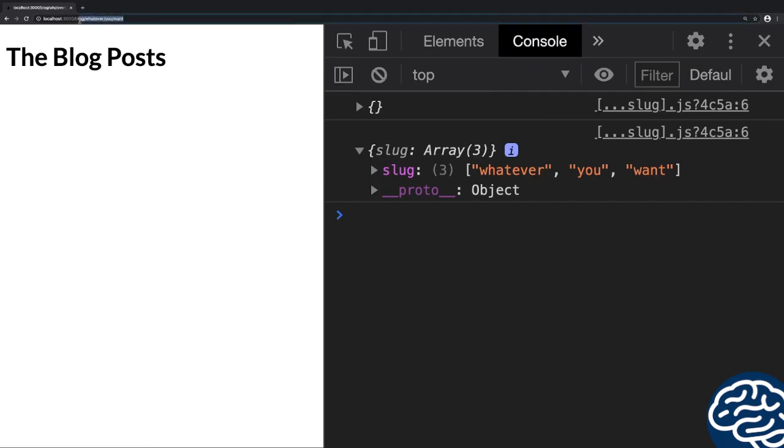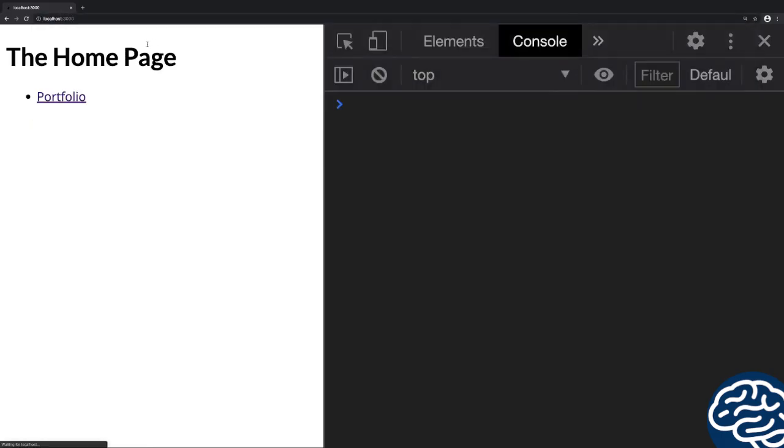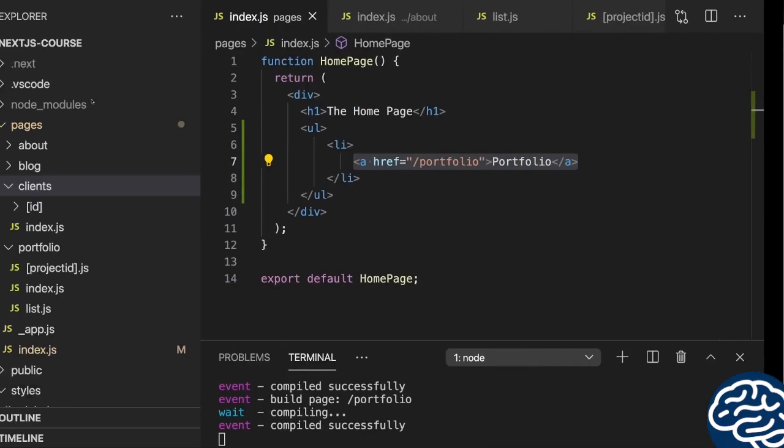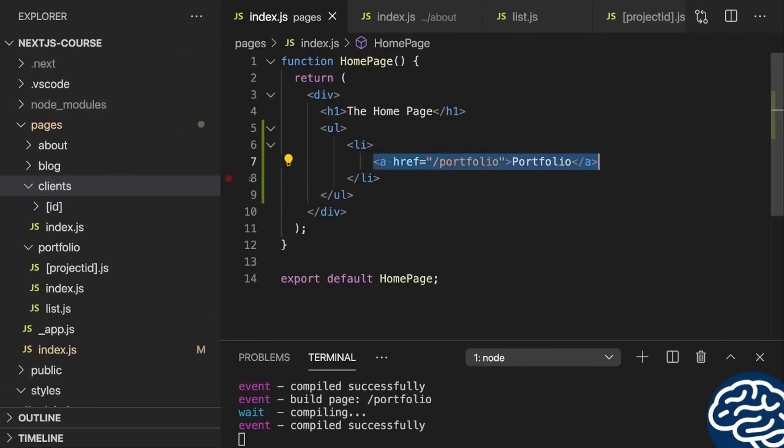Hence, if we go back to just our domain /nothing, we see that link. If I click it, I'm taken to the portfolio page. It works, but it has a disadvantage. The disadvantage here is that with such a standard link, we in the end send a brand new HTTP request